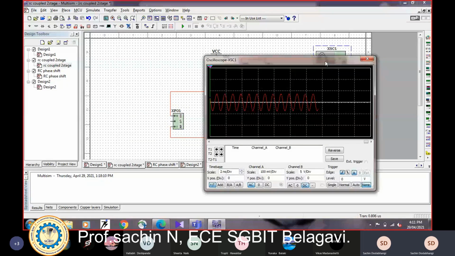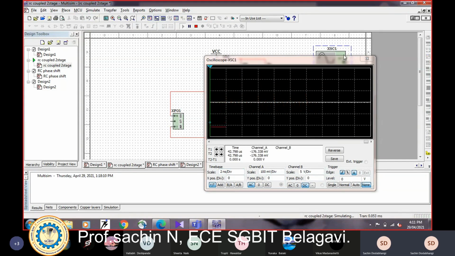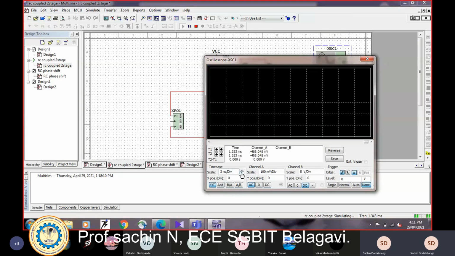You can see the output here. At the rightmost corner, there is a button here. If I turn it on, you can see the output frequency is very high. I will change the time scale here.